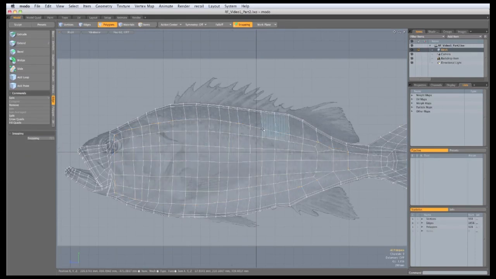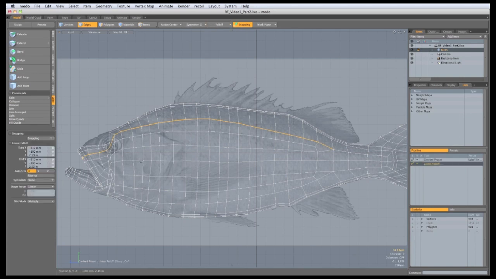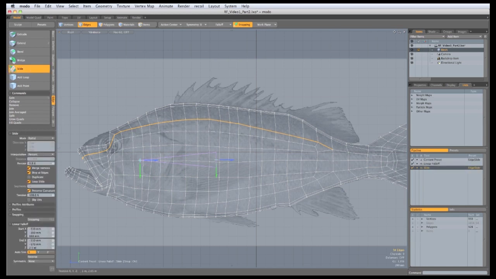Now some of these edges need to be spread out a little bit more, so what I'm going to do is turn symmetry on the X, and in edge mode I'm going to double click on that edge to select the edge loop, and then I'm going to run off a linear fall off and drag it from there to there. Then under edge I'm going to run the slide tool and then drag in the viewport, and that will move the edge further up, and then you can adjust the fall off